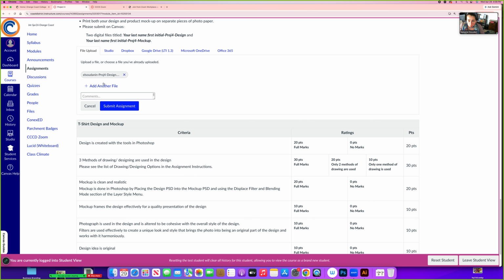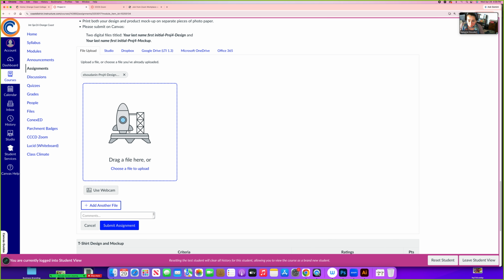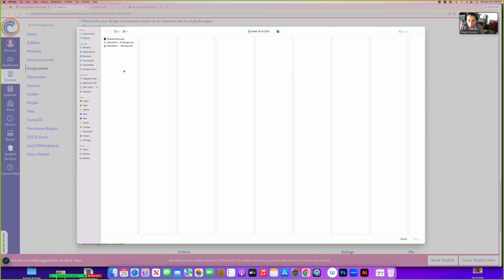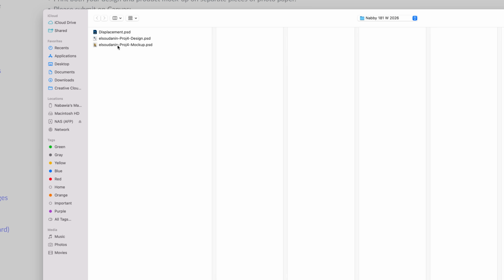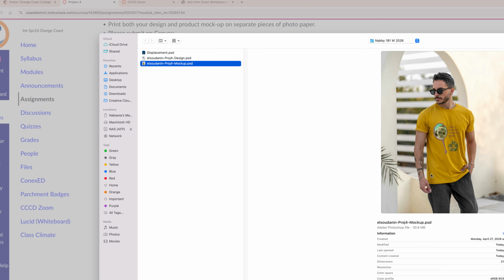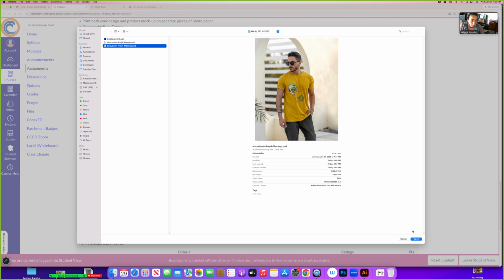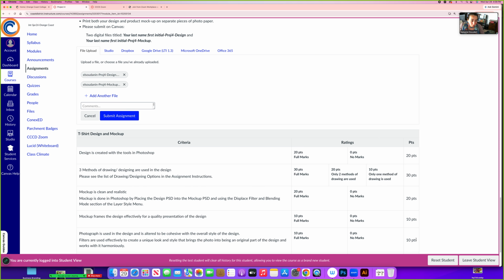So the design file, and then add another file, add file by clicking, and then the mock-up should be labeled just like this. The mock-up is the one like that, and then open, and they're both loaded, and then you can just click